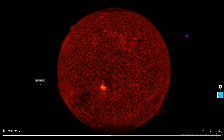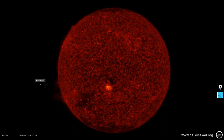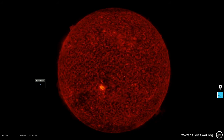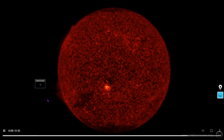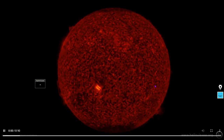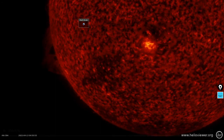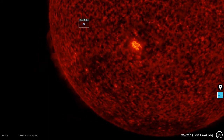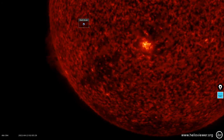Here's another full disk view from the SDO, the Solar Dynamics Observatory. And again, there are still a bunch of filaments around the limbs. You can see filaments down here, up here. We'll show you an animation of that later. Here's a close-up of the southeastern limb. We've got some even more close-up views of sunspot 2814,